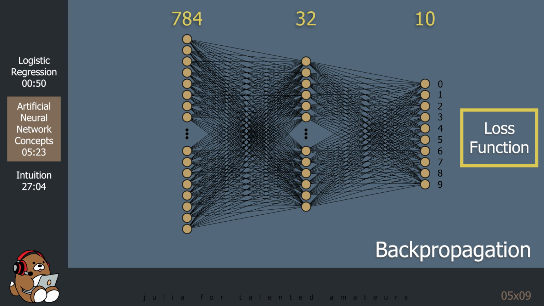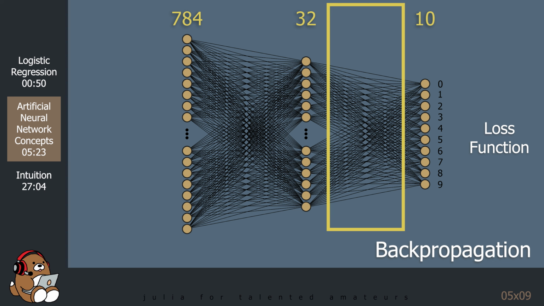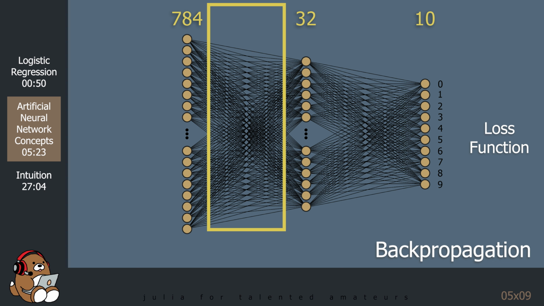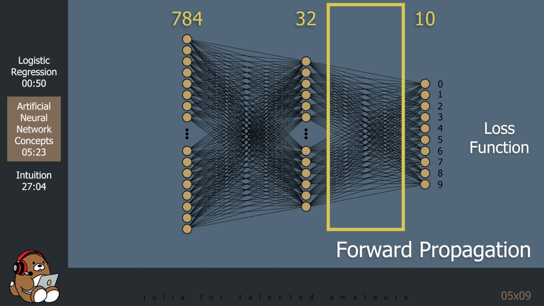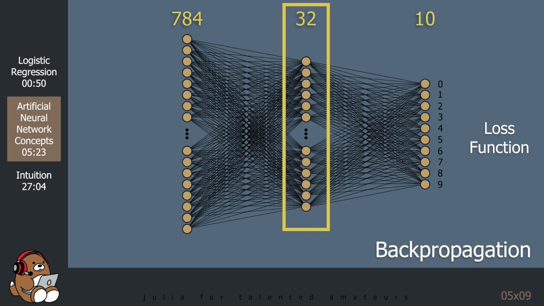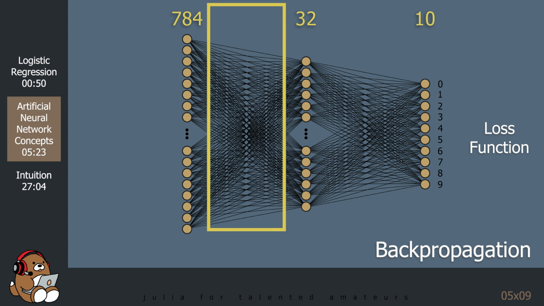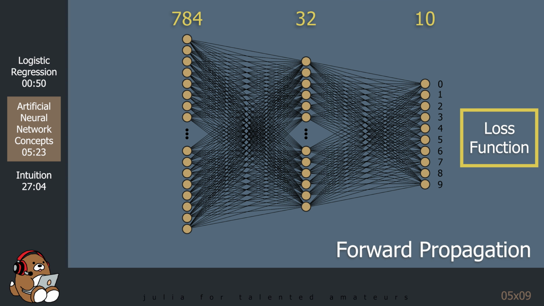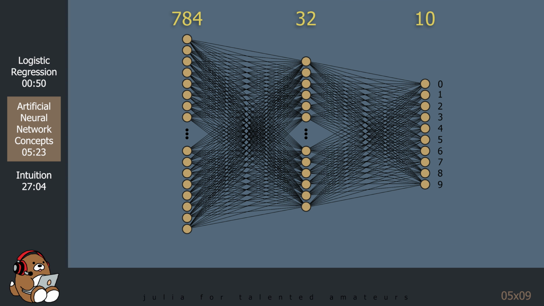Backpropagation starts at the end of the process with the loss function, and then moves backwards in order to calculate the updates to the parameters. After all of the parameters have been updated, the model recalculates a loss by using forward propagation, and then the process keeps repeating until you tell it to stop. Now that we've trained our model, let's take another look at the parameters.